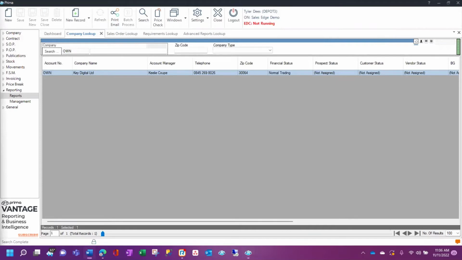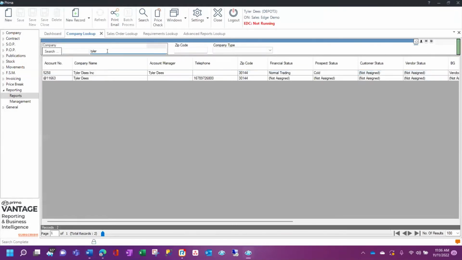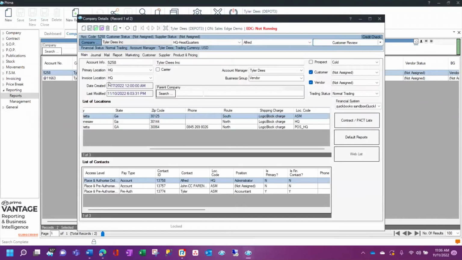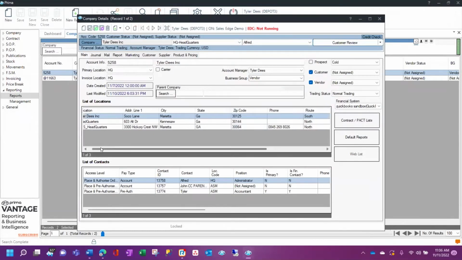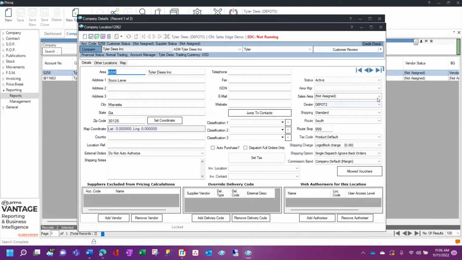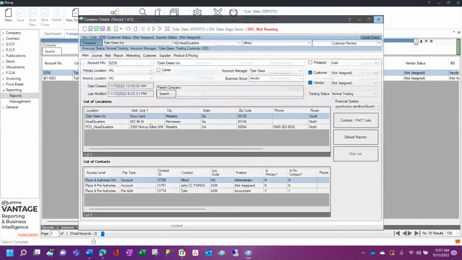You can also set a company location to have a default for a certain depot, and this default will be used on any sales orders you put on for this company location. To do this, if we search for a company, and then go into one of the locations here, we can set that dealer depot that we just made to be against this location. And so now that we've set this, if we put on a sales order for that location,